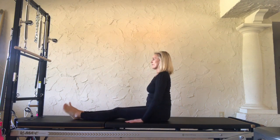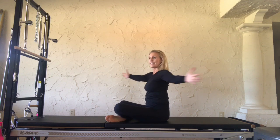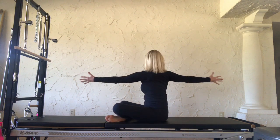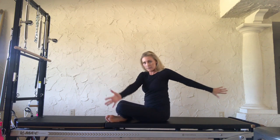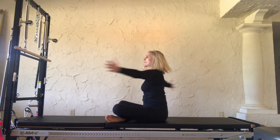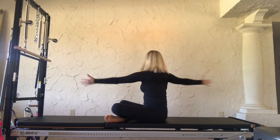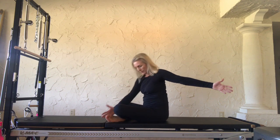transitioning into our spine twist and saw. Crisscross those legs, palms open, pulse 3 times on an inhale, exhale to center. Anchoring down those sits bones, lengthen through the waistline, and then transition to your saw, reaching that arm forward to the diagonal. Coming back to the twist, twist, twist, twist, into center, twist, twist, twist, and then rotate and round